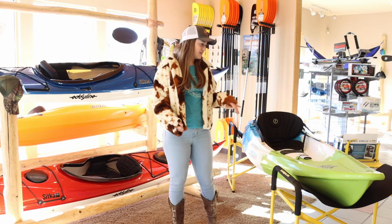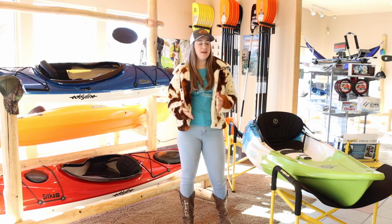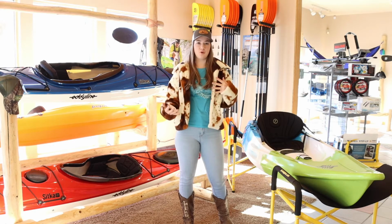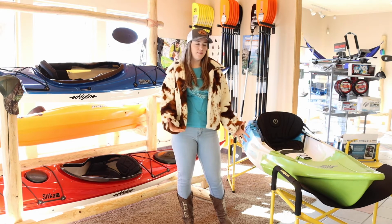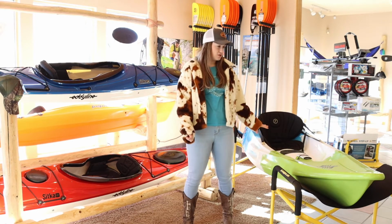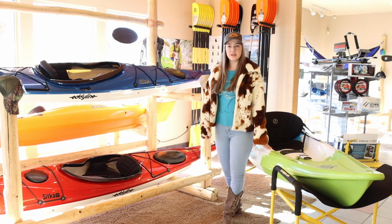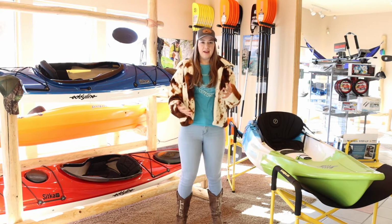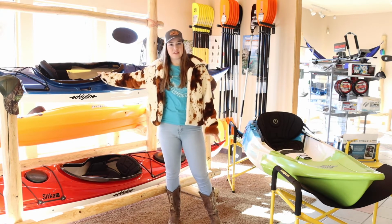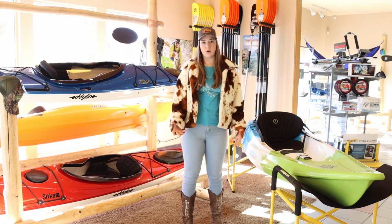First off, sit-on-top kayaks are very user-friendly. Anybody can get used to using this kayak. It's a very family-friendly kayak if you're going to have multiple people using it, because anybody can very easily get in and out of it. It's super easy to use. You can bring it in the water up to here, maybe a little bit lower, and just sit on top of it. And if you have any kind of knee issues or problems getting into something smaller like the cockpit in this, it's super easy just to get on top of it from a dock, from the water,